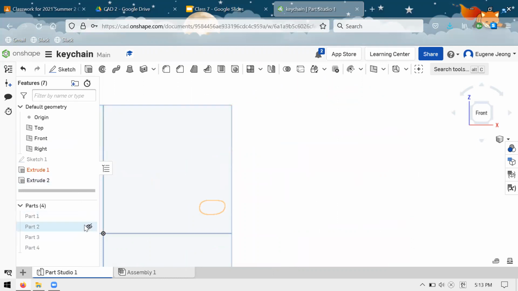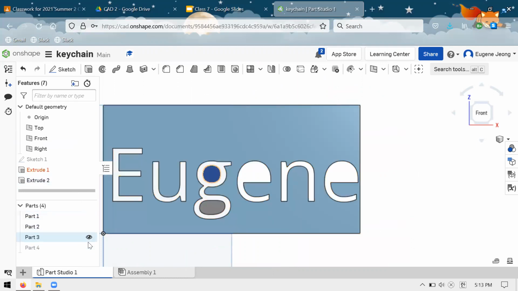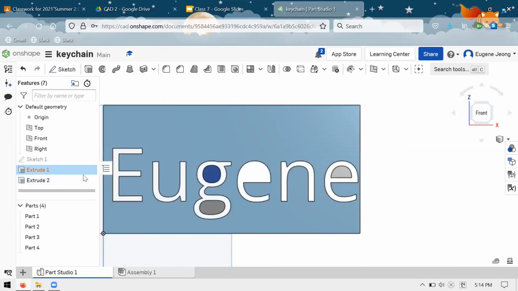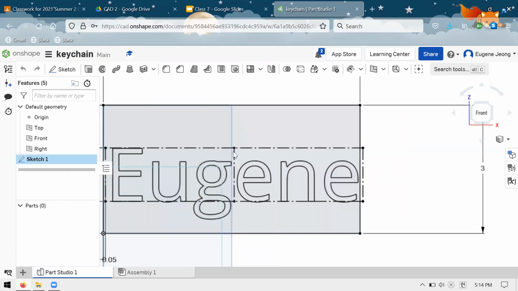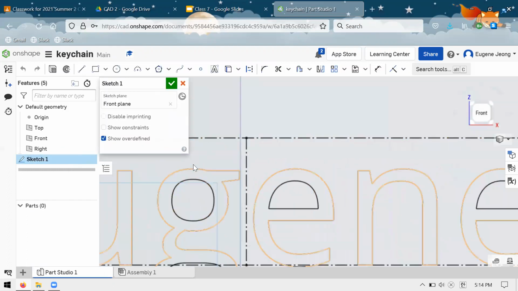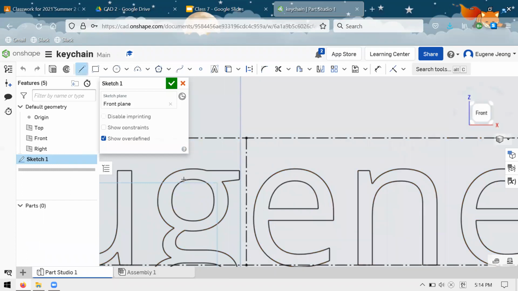So if you want to create something like a block with a word on it, and the word has letters like G or E that have holes inside of them, what you will need to do is to slightly modify the letters. For example, for this G, I can add